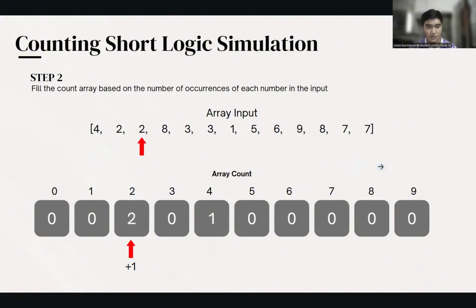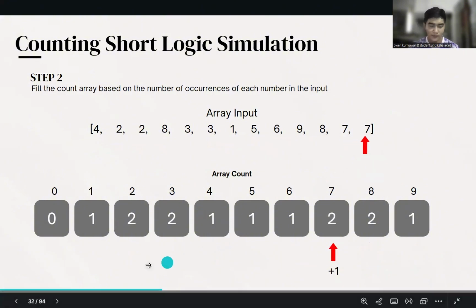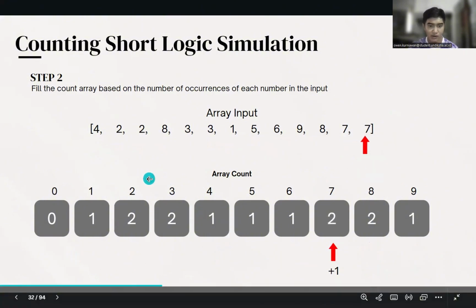Then the next 2 will be plus by 1 again. Then 8, then 3, 3 again, then 1, then 5, then 6, then 9, then 8 again, then 7, and the last one is 7. So here, the program has counted how many times each number shows up in the input array.